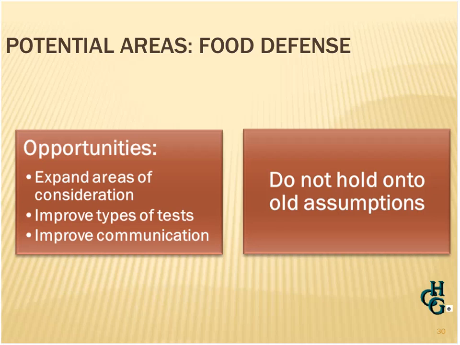So look for opportunities where you can expand the areas of consideration. The code asks you to look at very simple things. Keep a broad mind as to what might go wrong and how you can control that. Most importantly, improved communication. I participated in a series of food defense tests recently with the USDA, and in each test, the company we worked with was quite surprised at the level of communication that might be required and how they might need to improve that. Remember, food defense isn't just keeping locked doors.